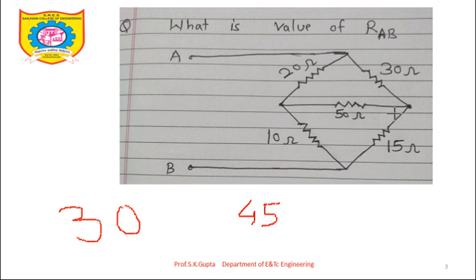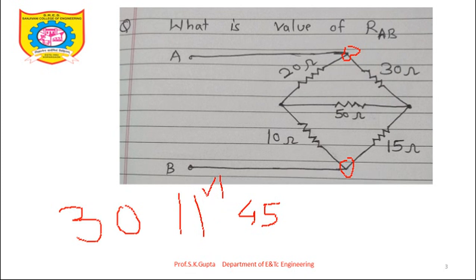Okay. Now this 30 ohm, 10 plus 20 is 30, and this 45 ohm, 30 plus 15, 45. These two are in parallel because they are sharing the same two nodes. This 30 ohm is sharing this node, and this 45 ohm is also sharing this node, and likewise for the other node. That's why these two, 30 ohm and 45 ohm, are in parallel. Now you can solve it as these are in parallel.